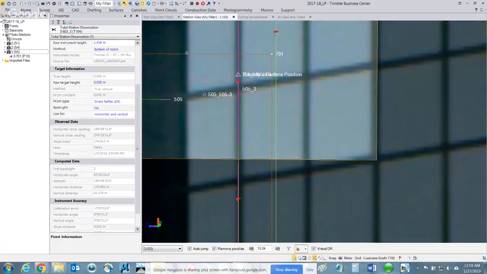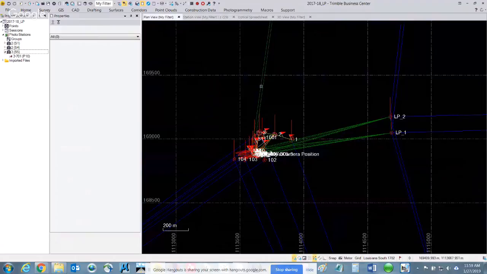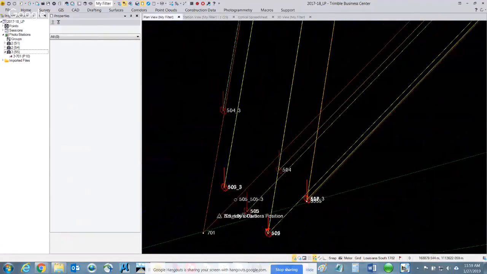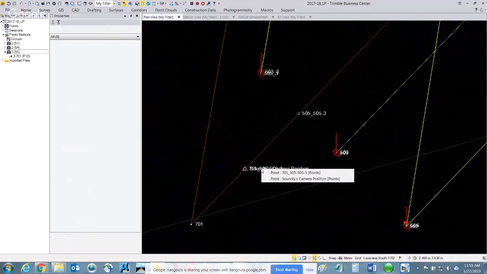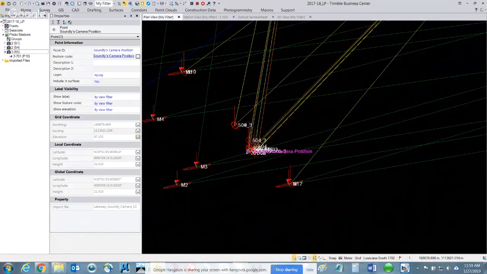Let's look at this again. This is the station view. Let's look at it in plan view. Let's talk about the distance from Soundly's camera position. Now this time we're going to use some coordinates. So here's the northing and easting coordinates and the elevation of Soundly's camera. Give us the horizontal distance from that position across the lake